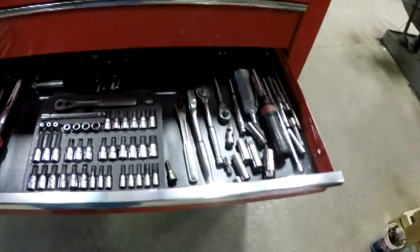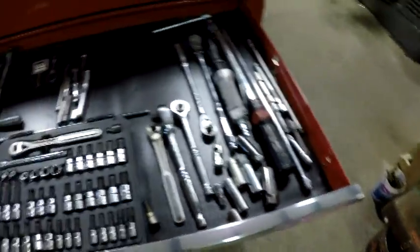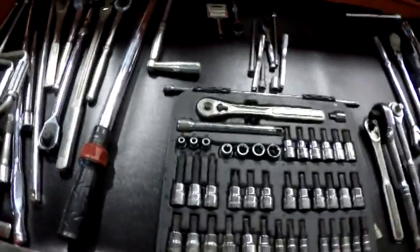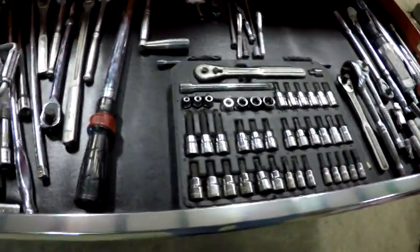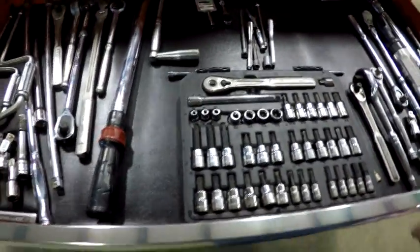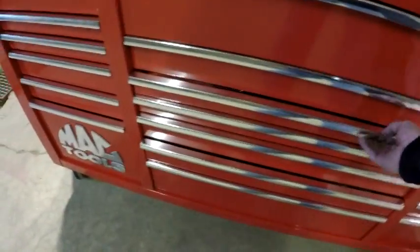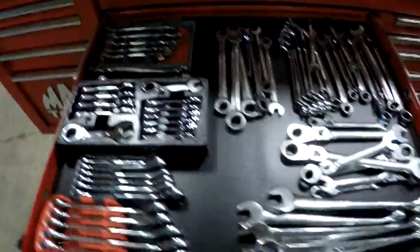The next drawer down is ratchets, torque wrenches, breaker bars. I've also got this set of Allens and Torx type 3/8 sockets set in there. This drawer is metric wrenches,